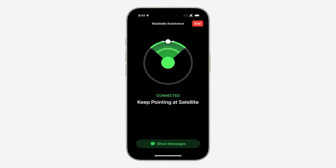Roadside assistance has also been added to the satellite emergency offering using AAA, which I actually have AAA, so hyped about that. This is pretty great if you get a flat tire or you break down and you need help. I've definitely been there, so it is nice to know that you can use the satellite for more than just